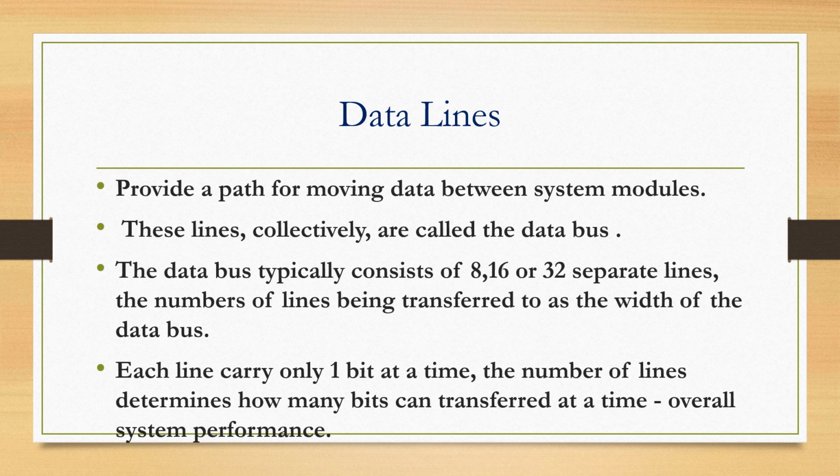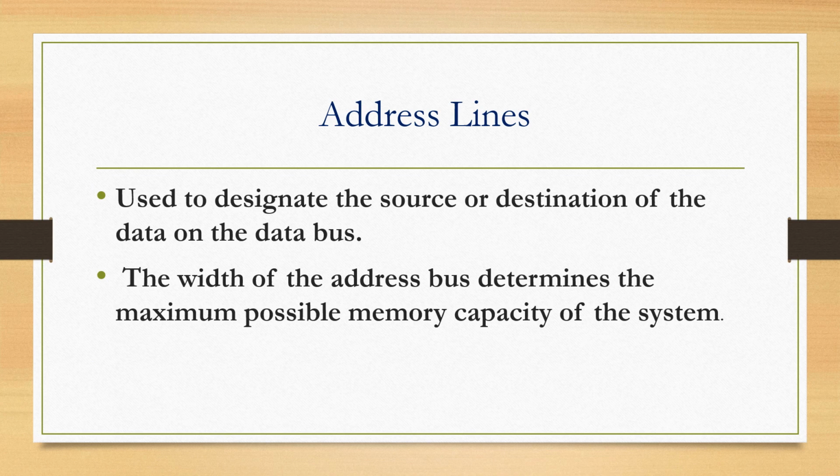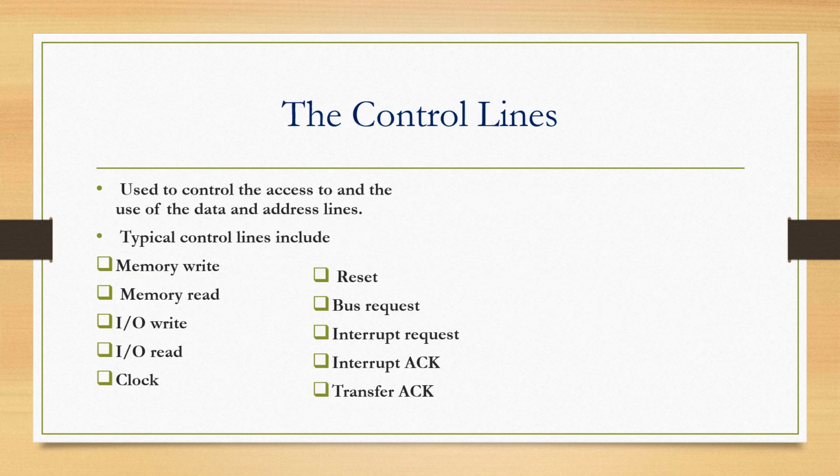Data lines provide a path for moving data between system modules. These lines are collectively called the data bus. The data bus may consist of 32 to hundreds of separate lines. The number of lines refers to the width of the data bus. The address lines are used to find the source and destination of the data on the data bus. The control lines are used to control the access and use of the data and address lines, since they are shared